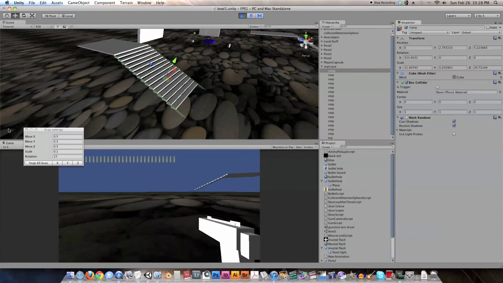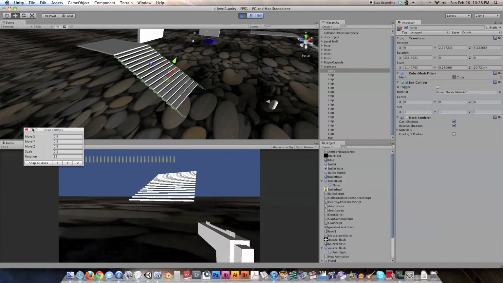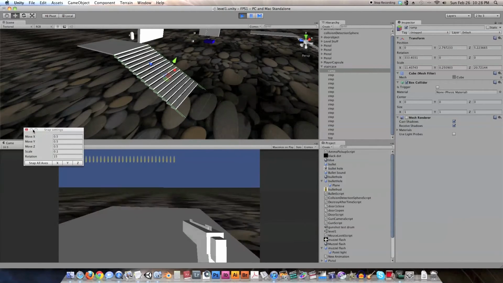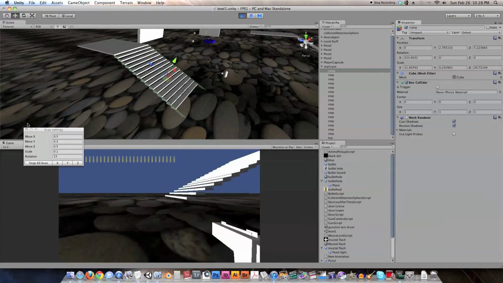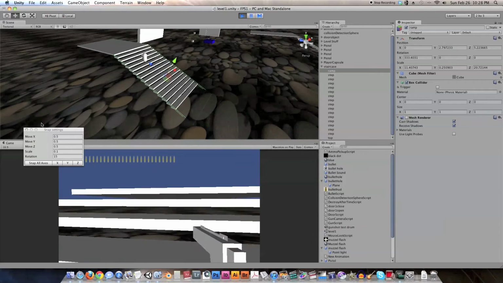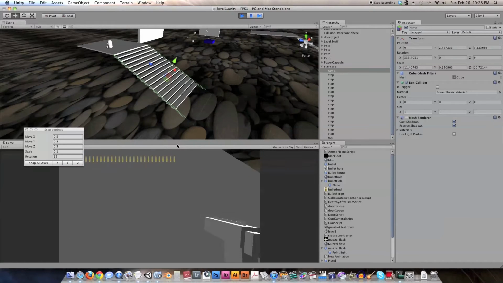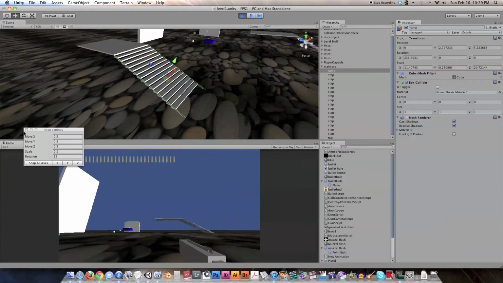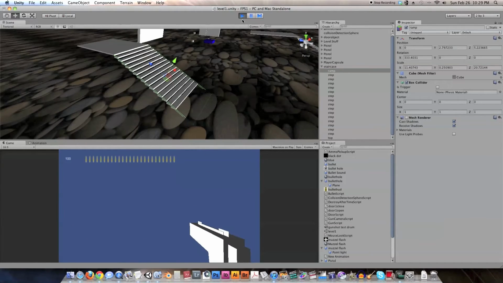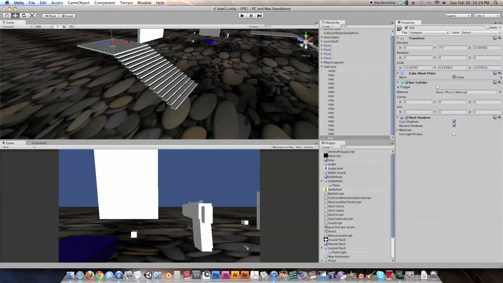So where is it? It's over here. Now when I walk up it, it's nice and smooth, but I fly off of it. So that is the main thing that we're going to be fixing today, because it is very, very difficult to use these stairs right now. So I'm going to get rid of that snap thingamajig. Alright,